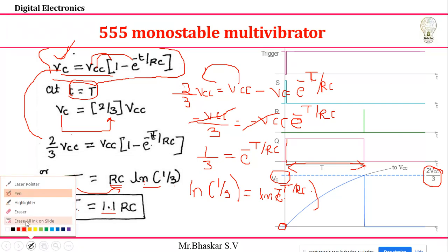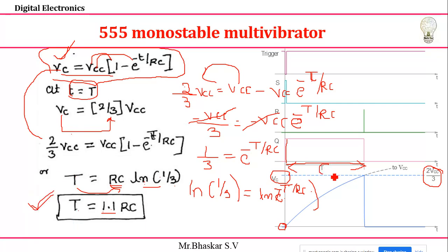So it's totally related to the time period T. It is totally related to 1.1 times my resistor value as well as capacitor value. If you choose the resistor and capacitor at different values, then the total time, the pulse width, will also vary. If I want a larger pulse, you can change the R and C values. If you want a smaller pulse width, you can change the R and C values.